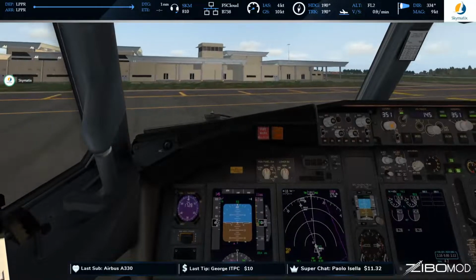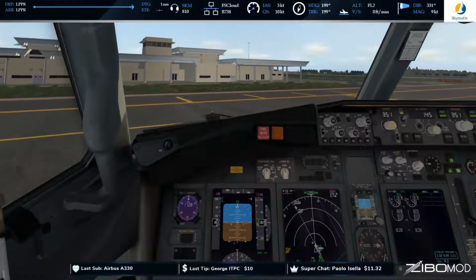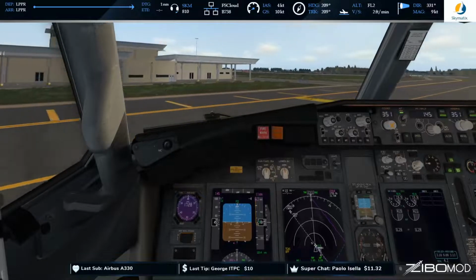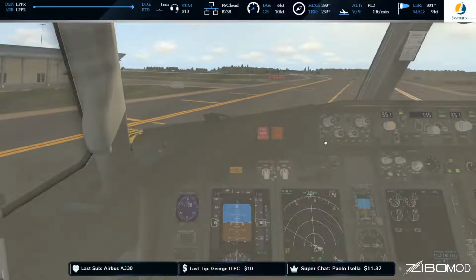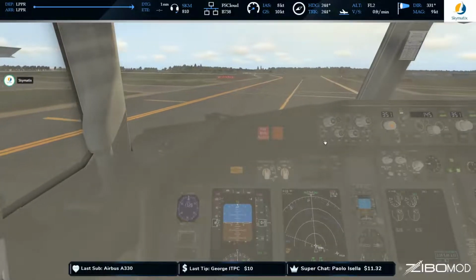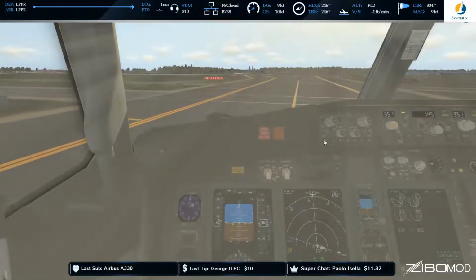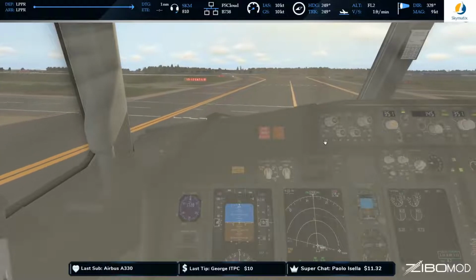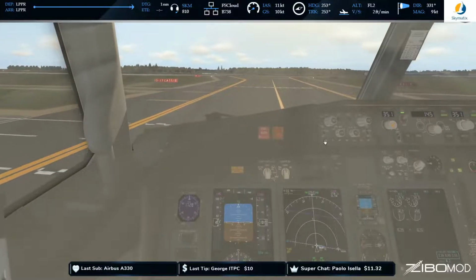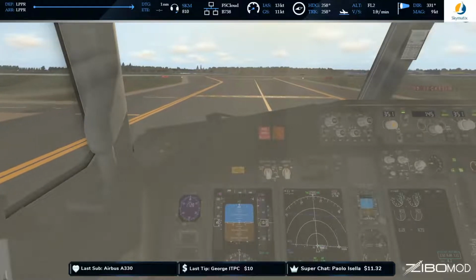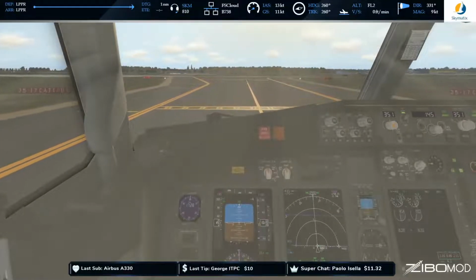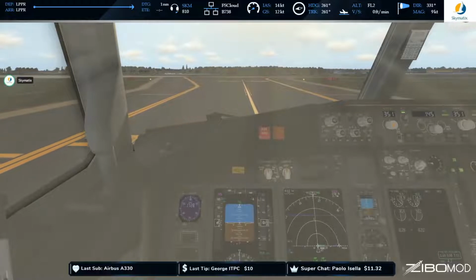Before takeoff procedure. Before takeoff procedure. Okay. Before takeoff procedure completed. Now she's talking fast,